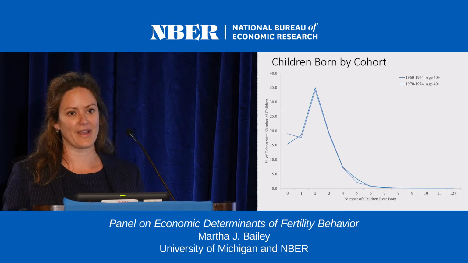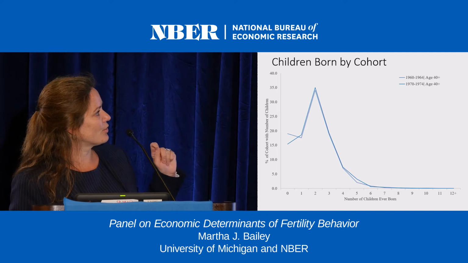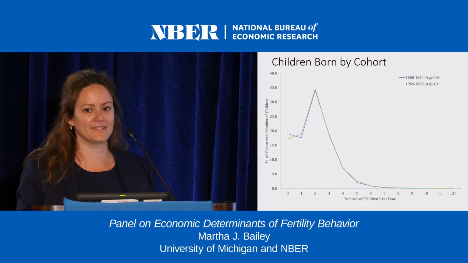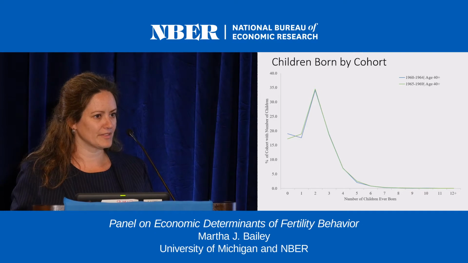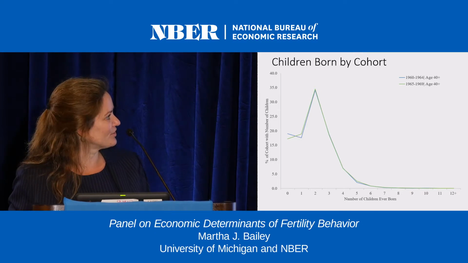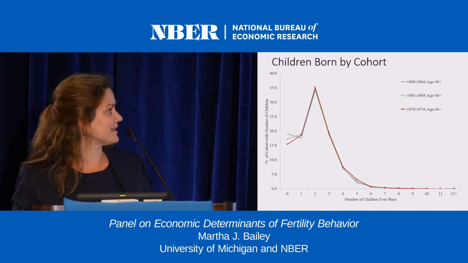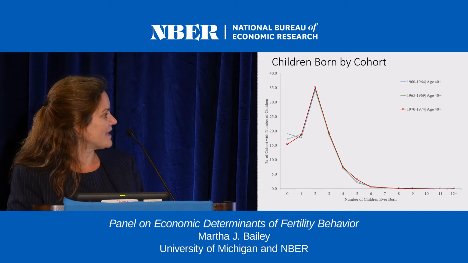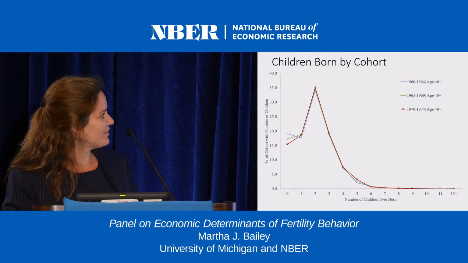And this is another graph that once I saw this, I just thought it was so remarkable. So we start with a cohort of 1960 to 1964, and we move forward to the cohort of 1965 to 1969. If you're staring and squinting, you might be able to see a little bit of daylight between those two distributions, but there's really not much. What about the cohort of 1970 to 1974? For that group, you see childlessness rates falling a bit, and you also may see a little bit more mass in the 4s and 5s, but not much.